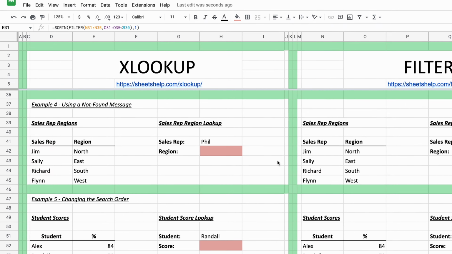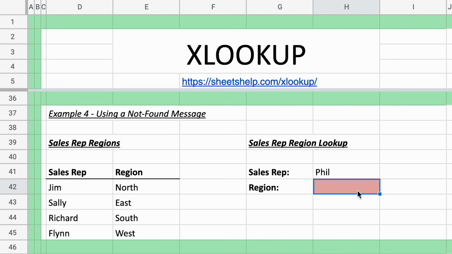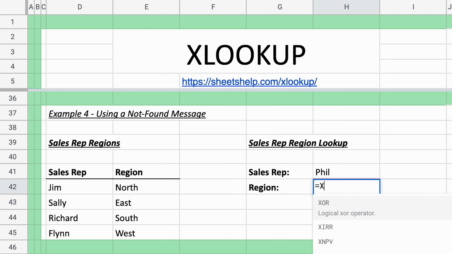All right, we'll move on to the next one, and this is how to use a not found message when you're looking up values. So if a lookup function can't find a value, it typically just displays an error, and that error is not very informative. If you have another user looking at this, they're not going to know what's happening. So in XLOOKUP, what you can do